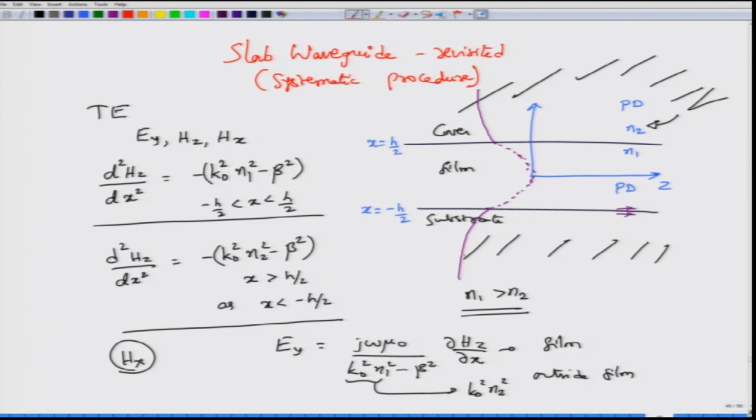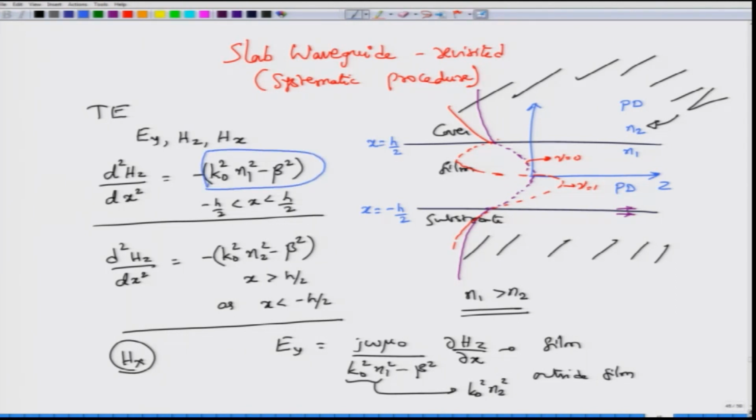So, you might have the same kind of a decay constant or you might have a slightly different decay constant out there, but then the field itself could be something like this, okay, and then the field would be decaying around in that manner. Okay. So, outside it would still be decaying, but inside it would be a sinusoidal kind of a field. Same thing as in the parallel plate waveguide, this would correspond to nu equal to 0, this would correspond to nu equal to 1, but it is not so simple as I am writing it down. Okay. So, we are going to look at why it is not so simple, and the key to this kind of solutions lies in this expression.